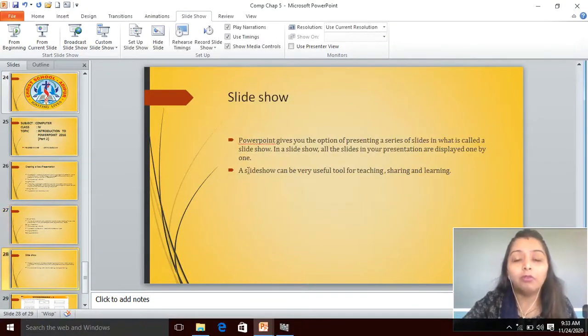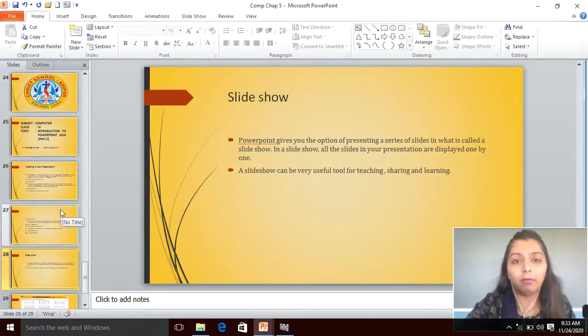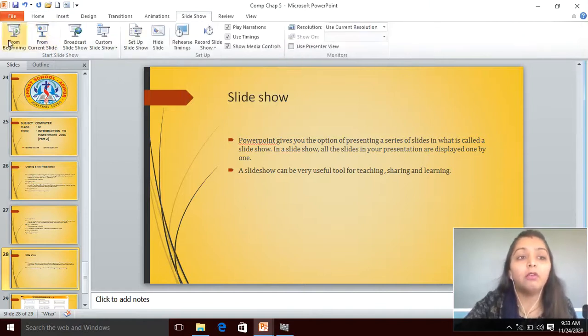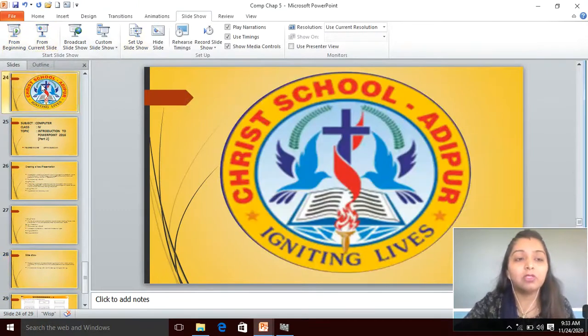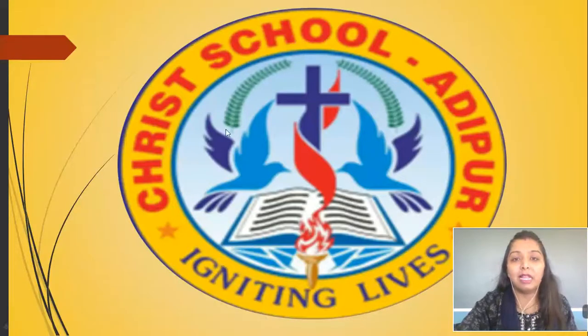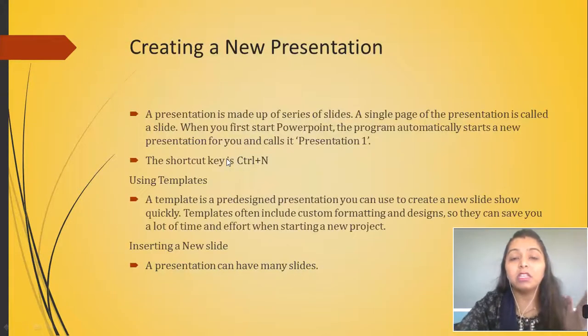Now, how to start the slideshow? Okay, for suppose you are on the Home tab. This is your Home tab. Now, how to start the slideshow? You will go to the Slide Show option. Then you choose whether you want the slideshow from the beginning or from the current slide. See, for suppose I am choosing from the current slide. Then with just one single click I can move through a series of slides. See, slides are changing. Different slides are presented. How are they presented? In the slideshow.